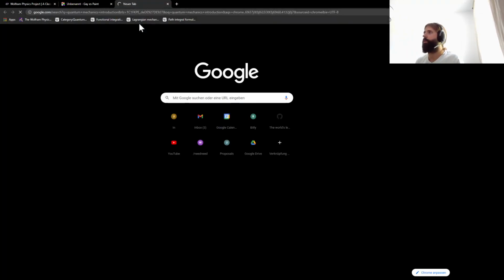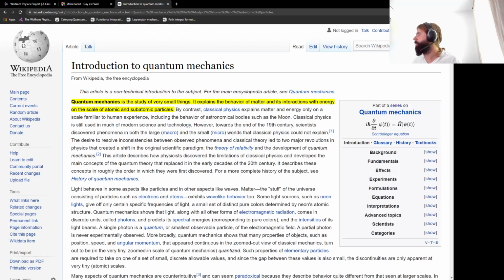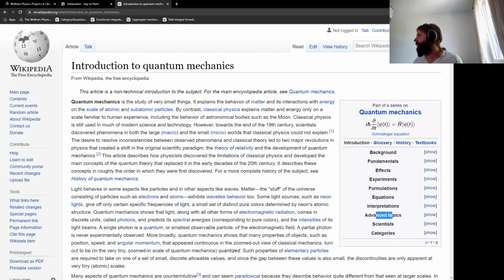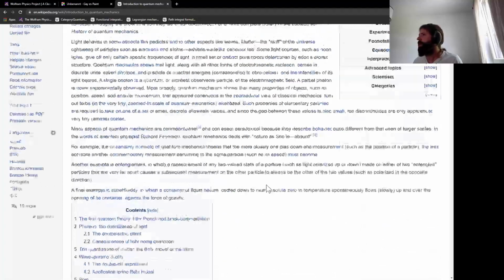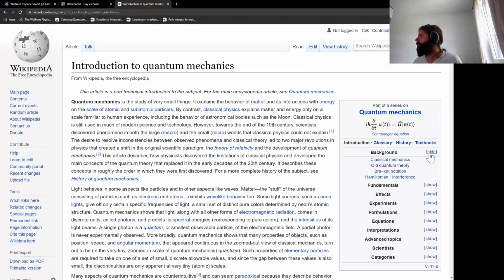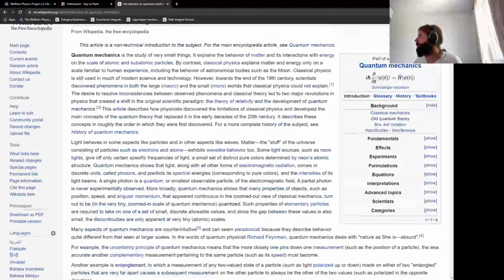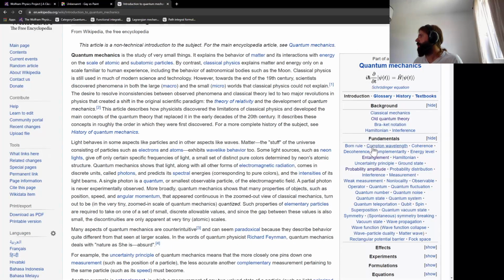So maybe, quantum mechanics introduction. What does Wikipedia tell me? Fundamentals, effects, experiments, formulations, equations, interpretations, advanced topics. Oh, actually, that is a pretty good guide. Okay, so background: classical, old quantum theory, bra-ket notation, Hamiltonian, interference. I think this background is something that I've more or less covered. Then there's fundamentals: Born rule, wavelength, coherence, decoherence, complementarity,